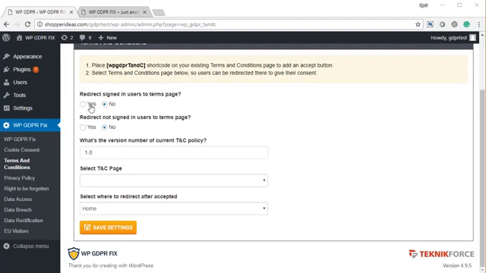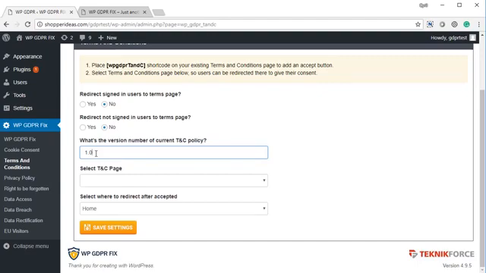First, you have the option to make people see your terms and conditions policy. If they have not agreed to accept it, they will not be shown your blog content. And if you do that, everyone can be redirected to the terms and conditions policy first, even if they are signed in users, or if they are unsigned users, people who are visiting your website for the first time maybe, or who have not subscribed to you yet. Also, it does maintain the version number of the TNC policy. Every time you change the version number, it's going to force people to come to the TNC policy again and